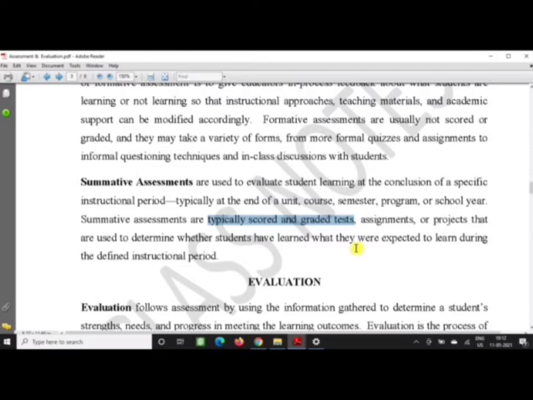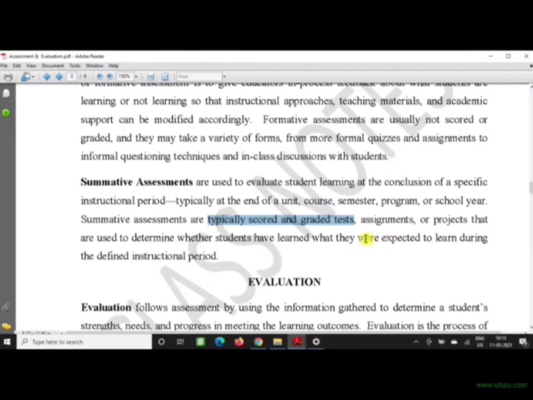Every semester, or for example in school every session, they have an objective. Whether these objectives have been met or not has to be checked. After completing a particular unit or course, the children should be able to learn this, and they should be able to do this. These are the objectives, and they have to be met by the students at the end of the course.